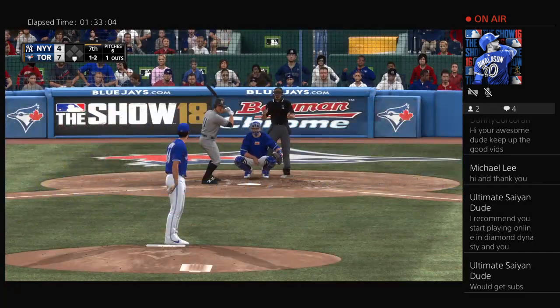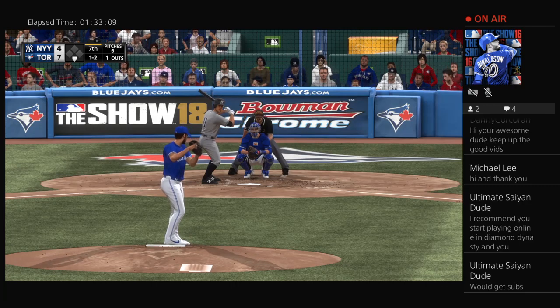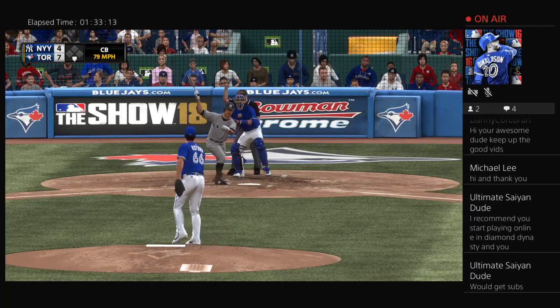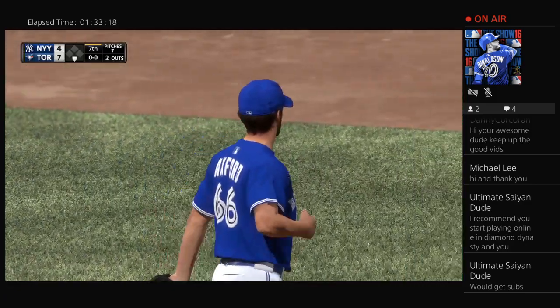Hey, he looked like he was a little bit out in front on that breaking ball right there. The body can go a little bit. If he was able to keep his hands back a little bit, he might have been able to do some damage with that pitch. And a swing and a miss here, so it's a quick 2 outs to start the